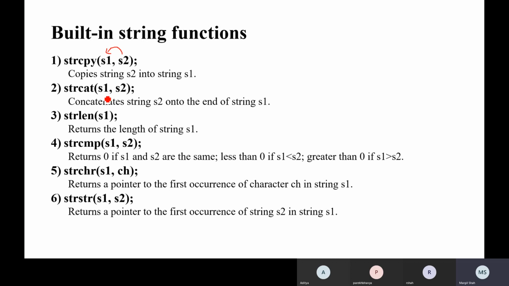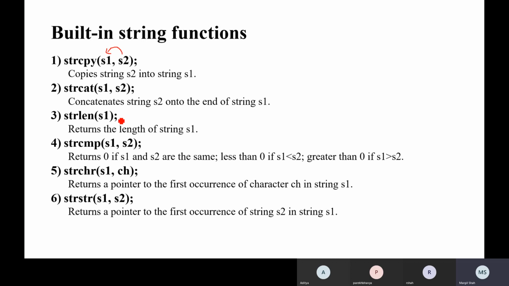Another function is strcat, that concatenates string s2 onto the end of string s1. It means at the end of execution of this function, s1 is equal to s1 plus s2, so the content of s1 is followed by s2.